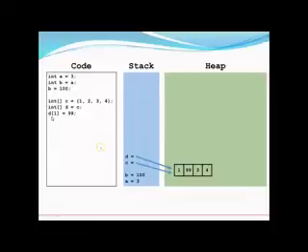Now I am doing D[1] is equal to 99. In the array D, the indices start from 0, so 1 means the second element, and this element is stored with a new value, 99. Because C and D both refer to the same array in the heap, 99 will be stored in that array, and their pointers are still pointing to the array.